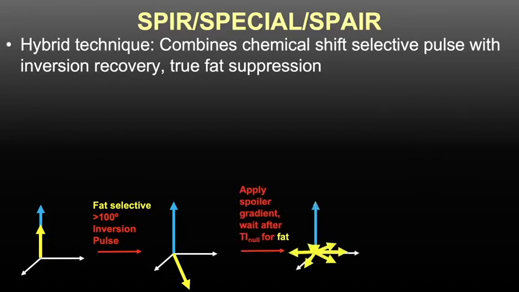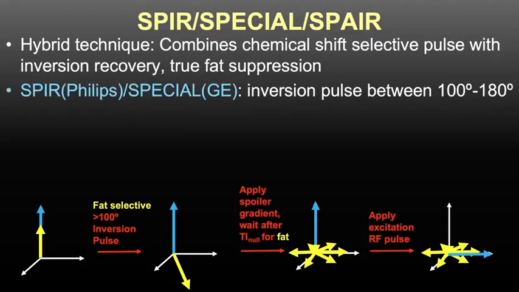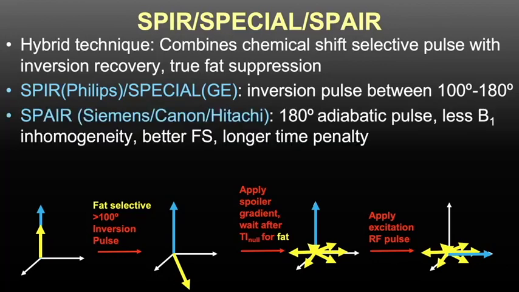And then you give it the time to relax until it reaches the XY plane, and you apply a spoiler gradient, essentially dephasing the fat. And after that point, you can excite the water molecules by applying the excitation pulse for your particular sequence. So for Philips and GE, these sequences are named SPUR or SPECIAL. And the initial inversion pulse for the fat selective inversion pulse will be between 100 degrees and 180 degrees,